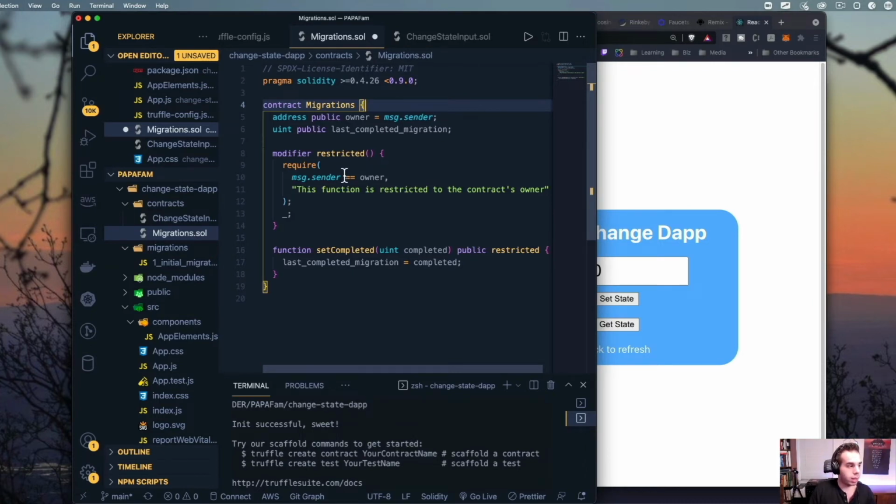So something a little bit interesting is you declare an owner. You'll see this in a little bit, but when you declare a contract and put it onto the blockchain, there's a contract address and then there is an account address.